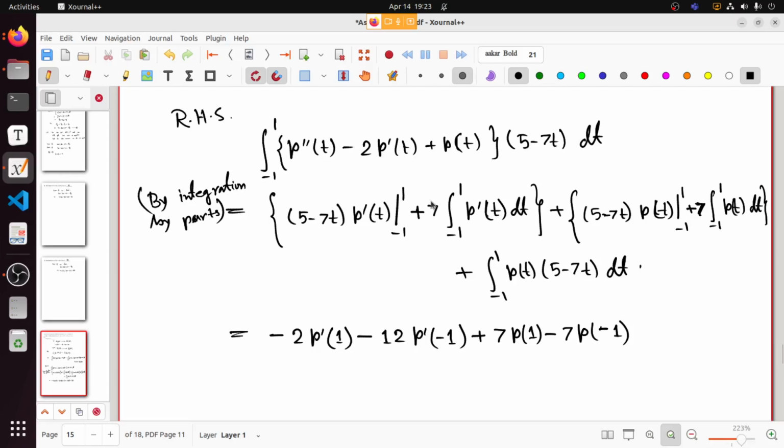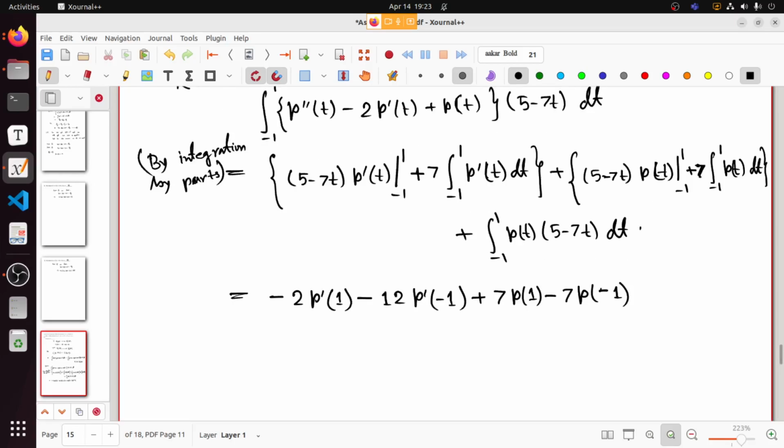Now here if you put 1, you get minus 2 p(t), right? Oh sorry, here minus 2 is there. So this will get plus 4 p of 1, and if you put minus 1, you will get 12 times 2, 24, plus 24 p of minus 1,